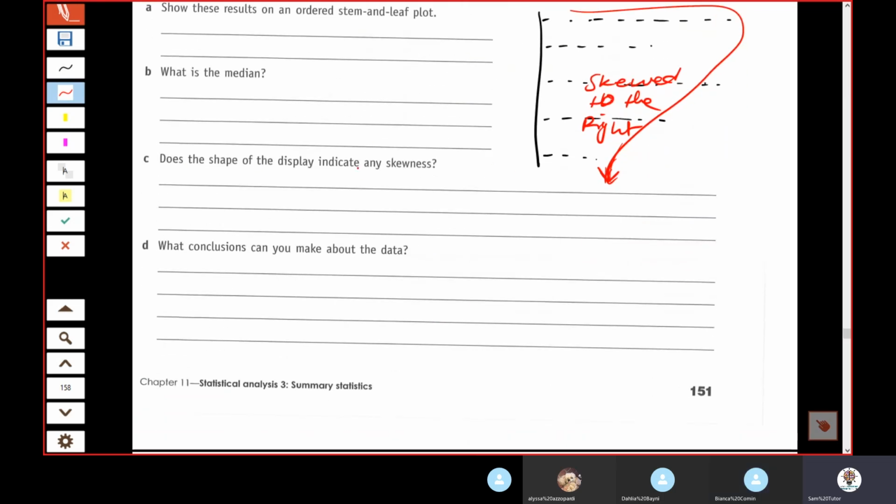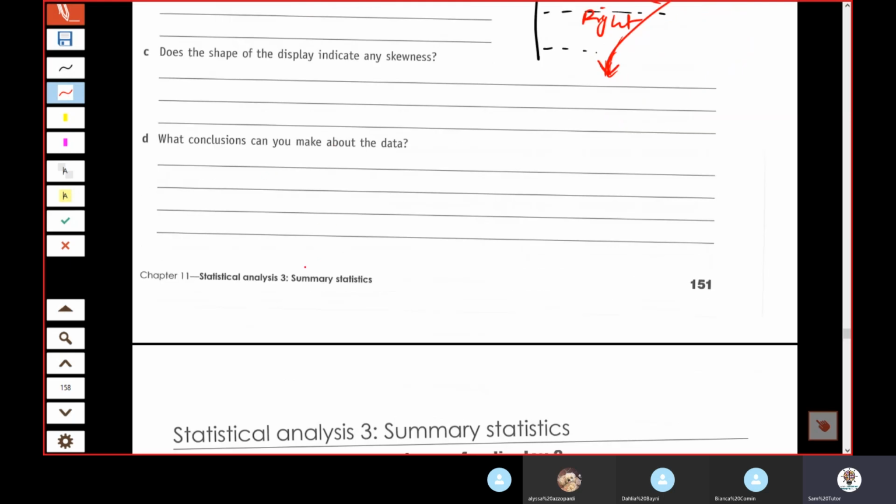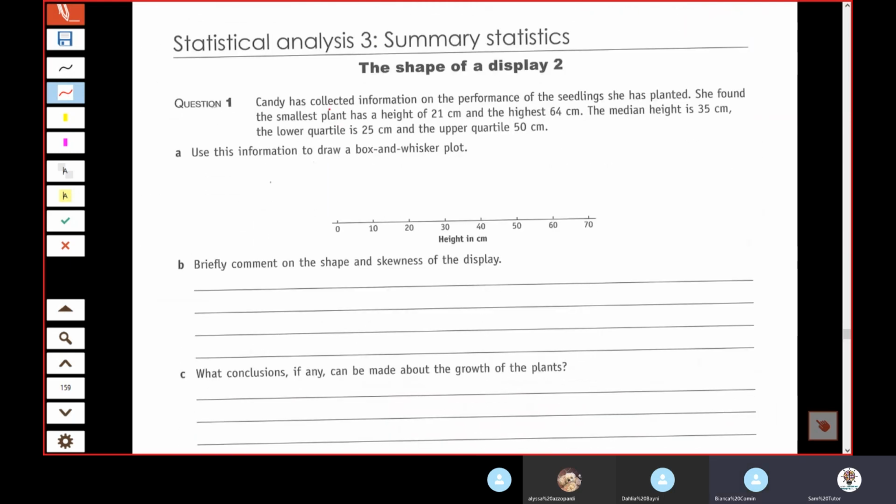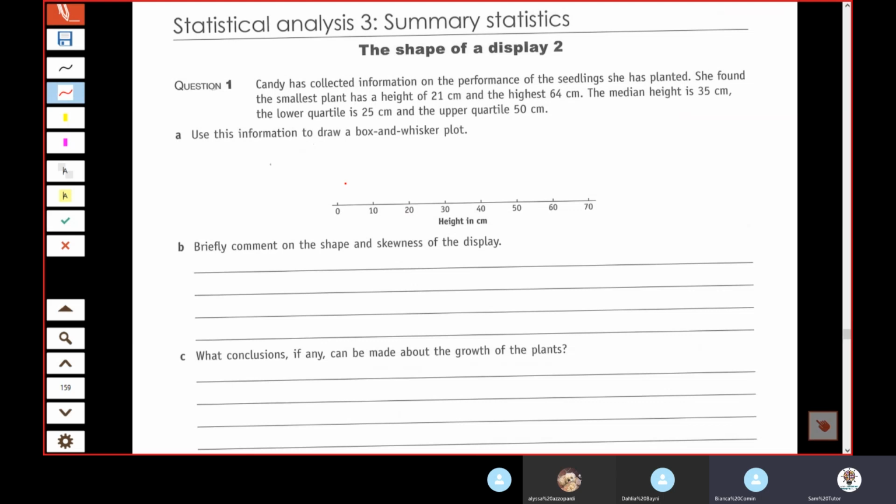Does the shape of the display indicate any skewness? What conclusions do you mean? Easy. Okay, box and whisker plots. Oh, I did that. Also easy. So there's whiskers. Your whiskers are not Q1, your whiskers are